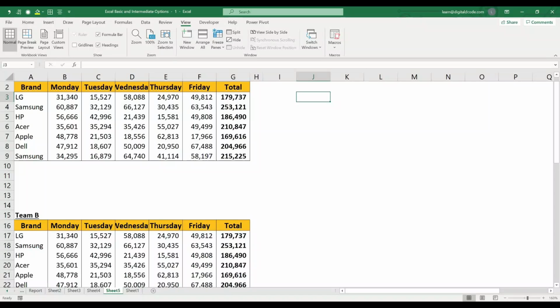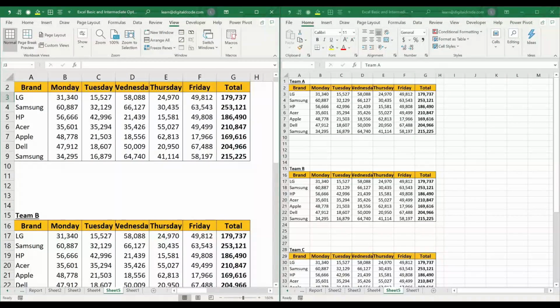So where will it be useful? After creating, you can click arrange all. You can keep whatever shapes you want, whether you want to place it horizontally or vertically. Let me choose vertical. Now if you see, I have the same workbook in two places. This will be helpful in case you want to work at a time in the same workbook but in different sheets. In that case, this will be useful. So here I'll keep sheet 5. Here I'll keep sheet 1.